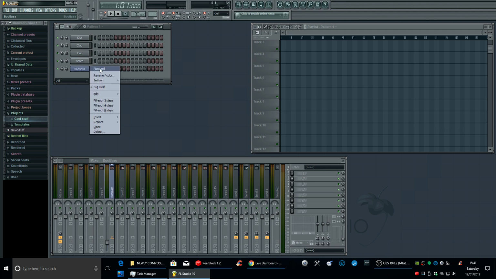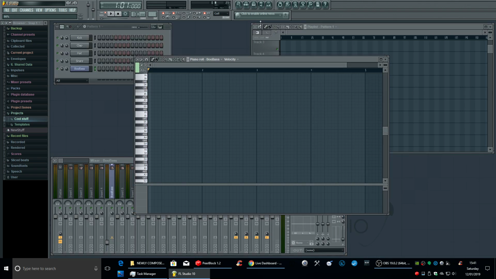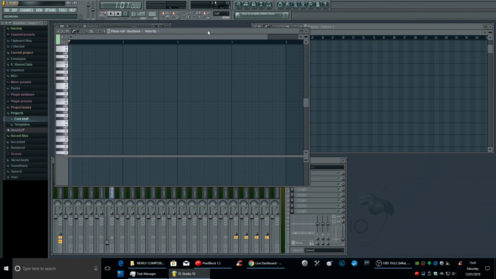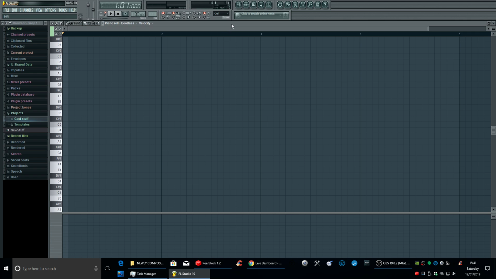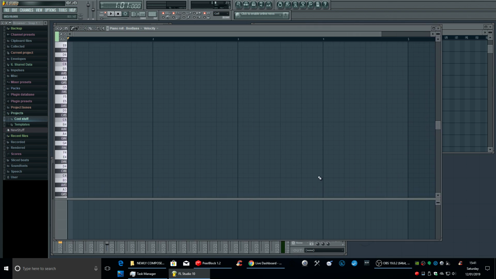What I'm going to do now is come into the piano roll. The piano roll is basically the instrument track, so that's all your keys on the side, and obviously it goes full screen. If you don't want it full screen, you can double click this top bar and it'll make it bigger or smaller, or you can click this button here and make it bigger, and click it again to make it smaller. Drag it from the bottom to put it how you want.